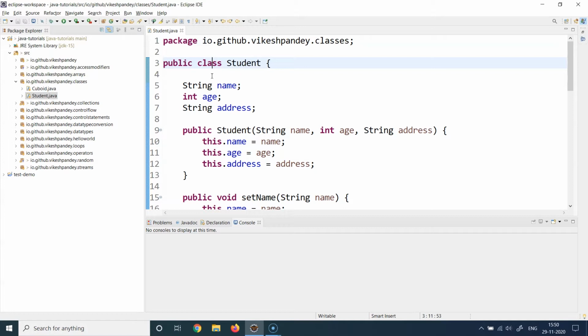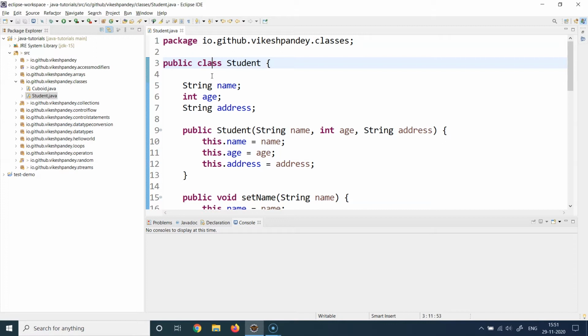So taking that philosophy further and taking that example further, here for you, I have prepared an example where I am creating a student class. Let's say if you have to build a college management system or a student management system, then student is probably one of the main entities which will be talked about when you take the requirements. So if you think about the attributes and the behavior concept, a student will have a name, will have an age, will have an address, and at the same time, a student can also have some behaviors, like can enroll in a particular course, can attend a lecture, can take a leave, can take exam, etc.